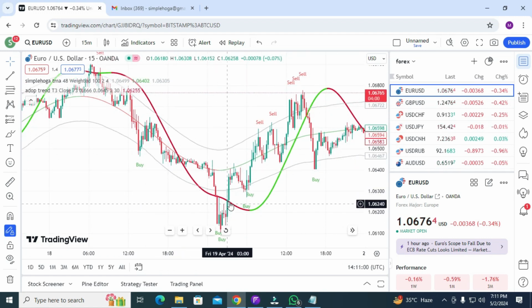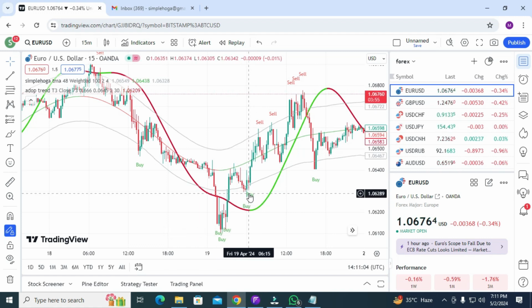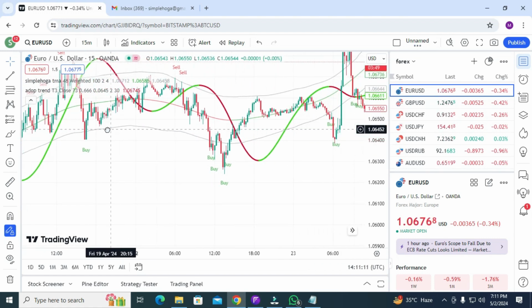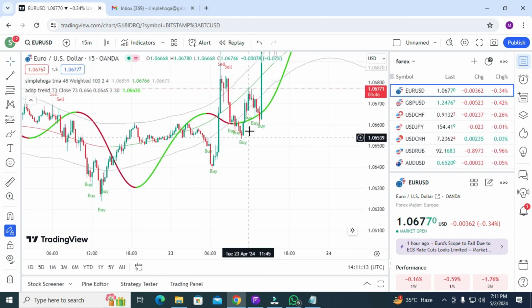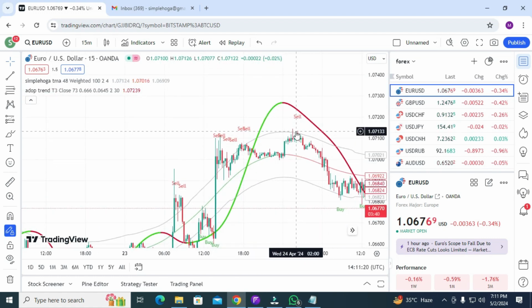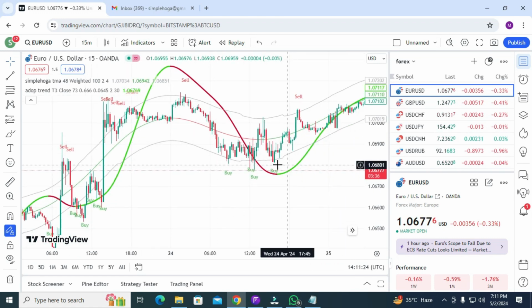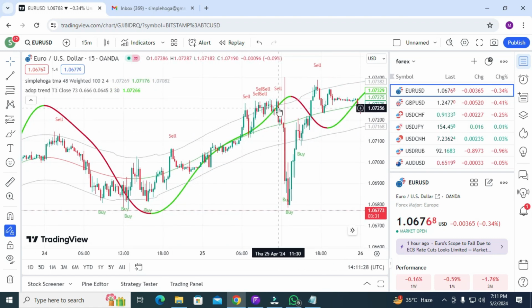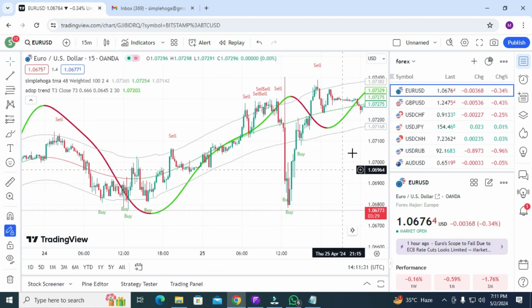You can see the candle comes inside but you did not get the buy signal. Okay, now this is the valid buy signal and you got some amazing profit. Okay, you can go for the sell trade from this point, you can book your profit. But I will recommend these positions, like here you can see this is exactly your buy position and you got some amazing profit. This is exactly a buy and sell position and you will get the profit. This is exactly a buy position and you can book the profit here. This is exactly your sell trade and you will book the profit here.